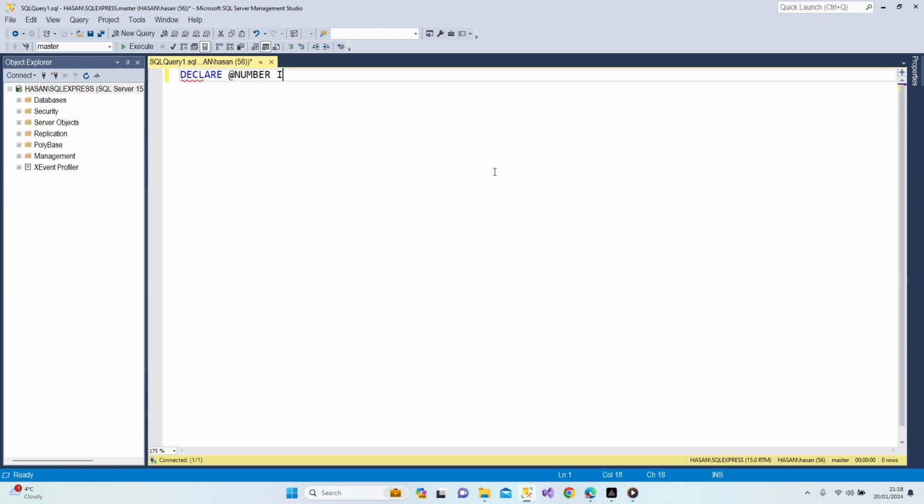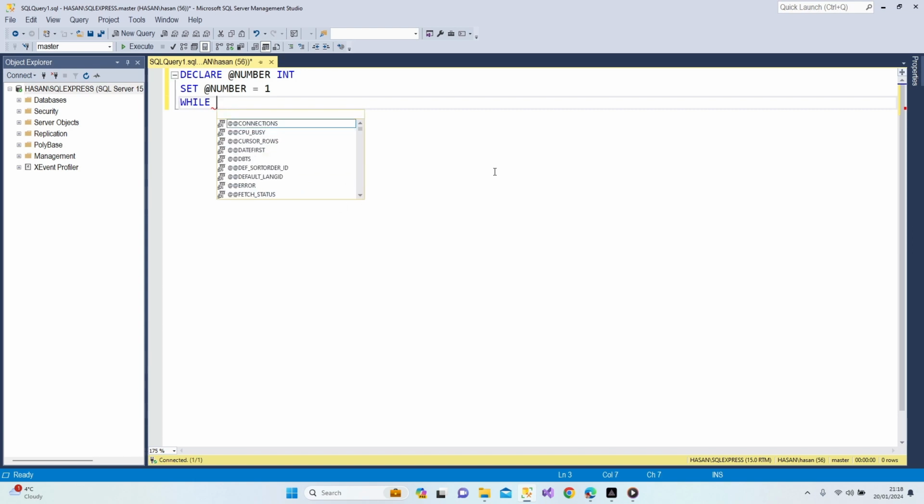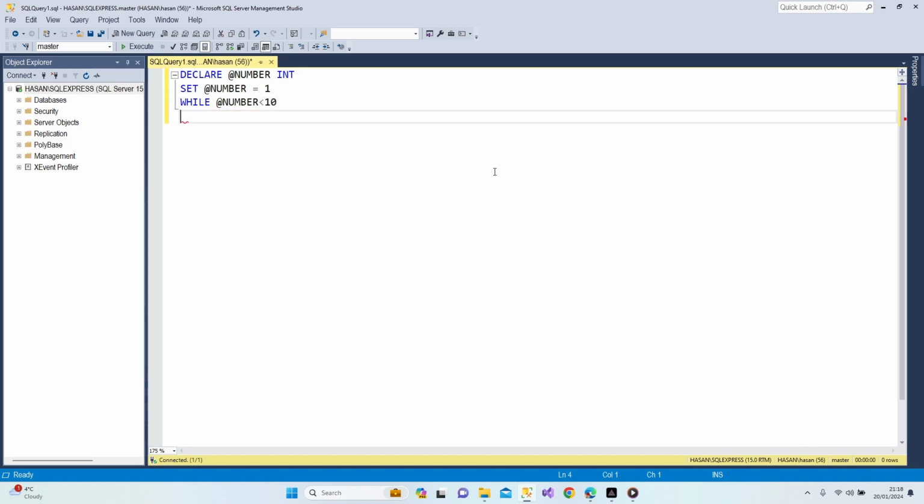Let's say number, integer, and set this number to 1, and while number is smaller than, let's say 10, begin and print number, and set number